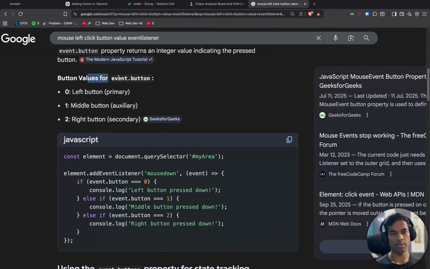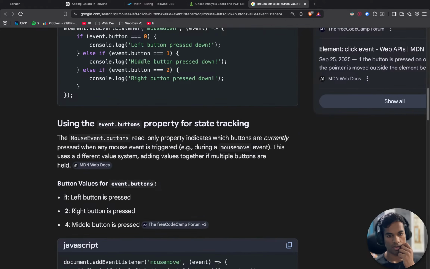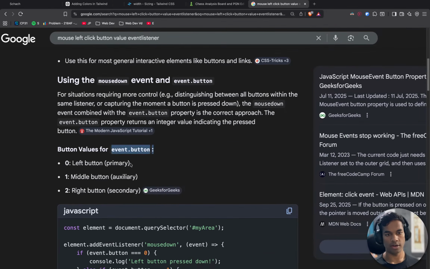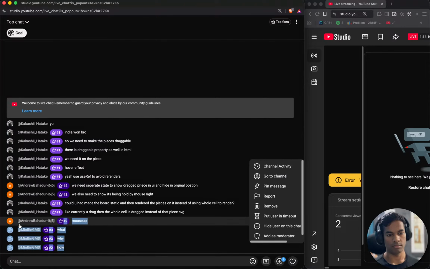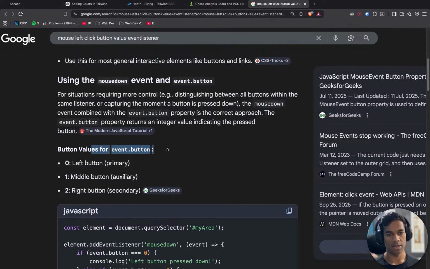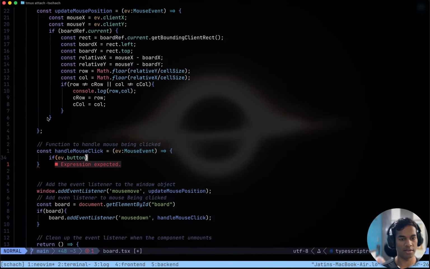Okay, that is a bit messed up. If we use event dot buttons, it starts with 1 as the left button. If we use event dot button, it starts with 0 as the left button. That is messed up. I don't know how or why, but that is a bit arbitrary.